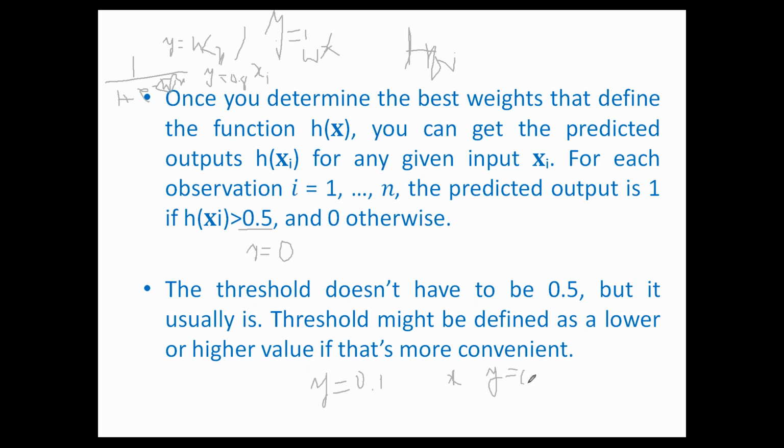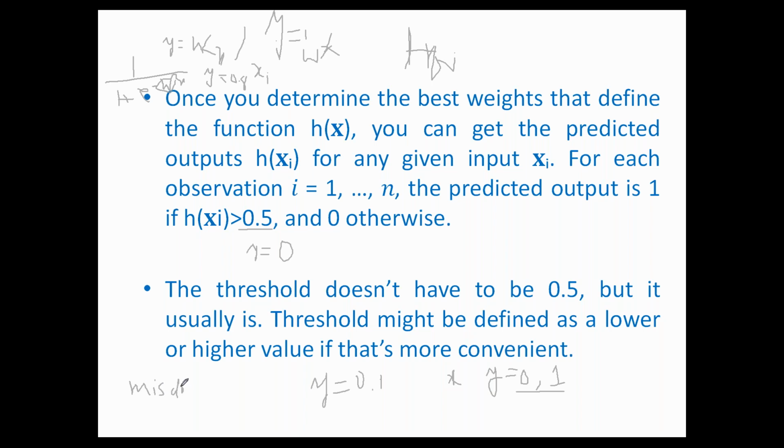So if there is an error, instead of 0 you will get a 1. This is an error: where you have to get the 0, you are getting a 1. That is the classification error. Remember, the error in regression is different from error in classification. Here you calculate the number of misclassifications, and that gives the error.